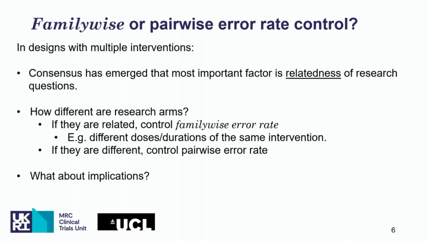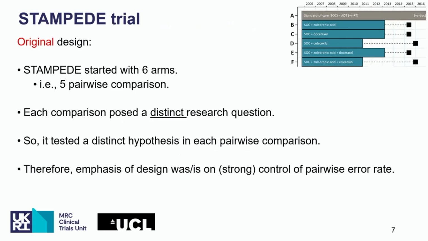But what about the implications when we make our choice based on these principles? I'm going to use the Stampede trial at this stage. That is the original Stampede design, which included 6 arms, 5 pairwise comparisons. So we are not in the adding arm stage yet. We are designing Stampede as a 6-arm trial, which includes 5 pairwise comparisons. And at the design stage,